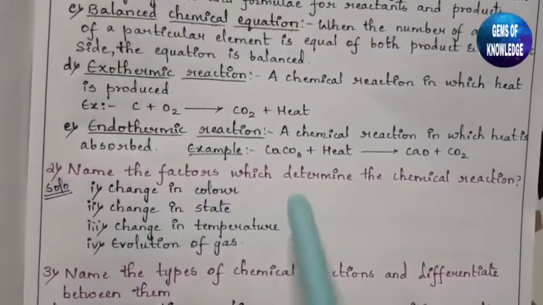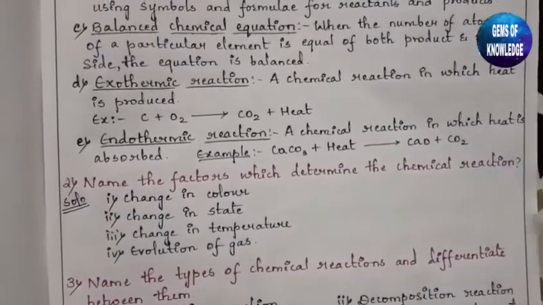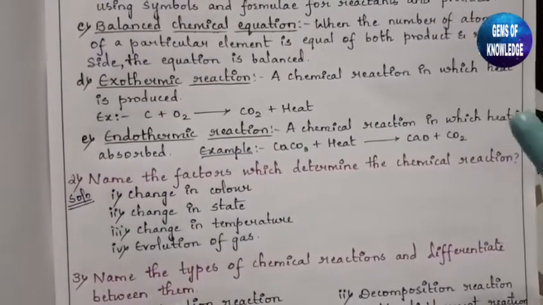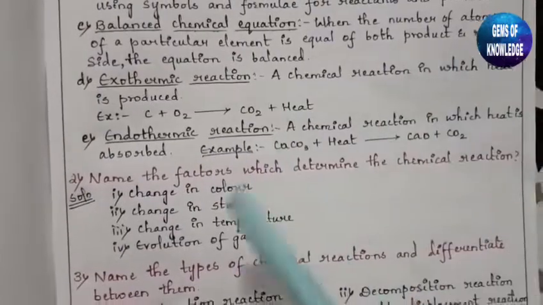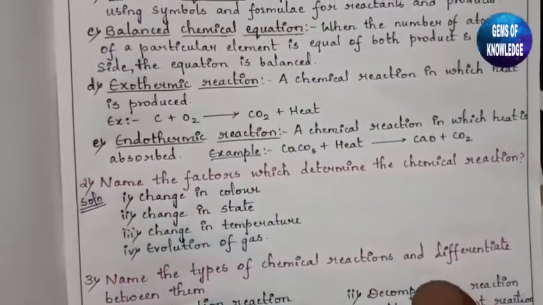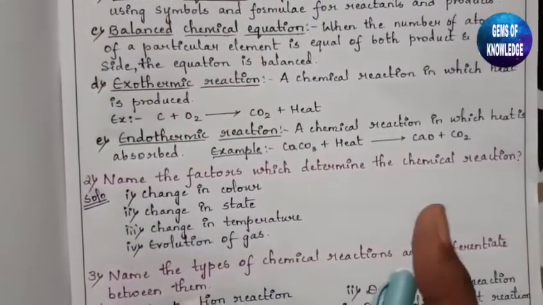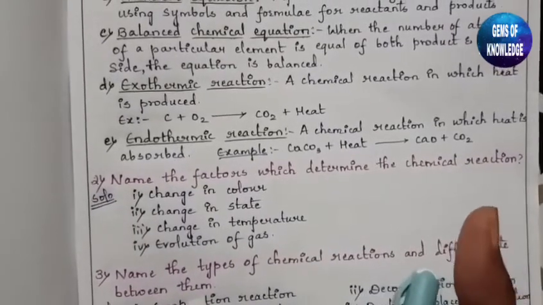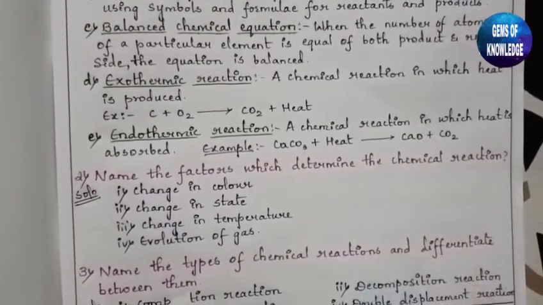Name the factors which determine the chemical reaction. How can you identify that a chemical reaction has taken place? Only by the four conditions. One is it may change its color. By the change of color, we can identify there is a chemical reaction happening over there, or the state will